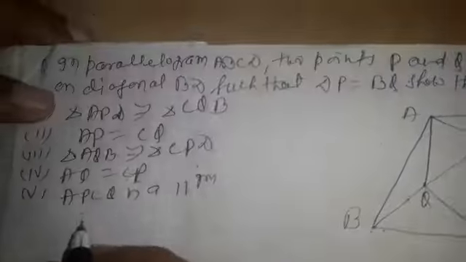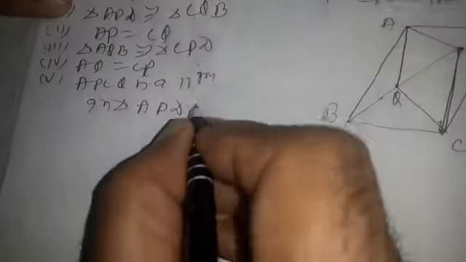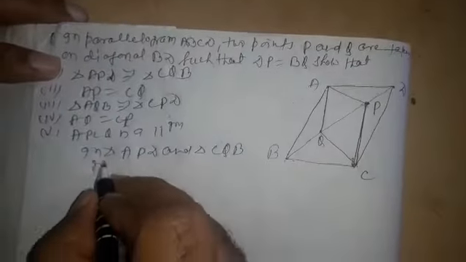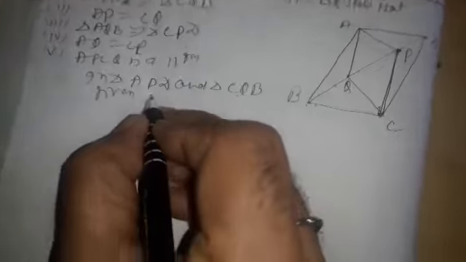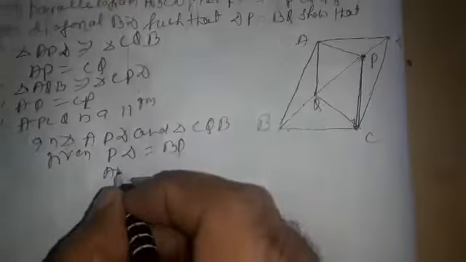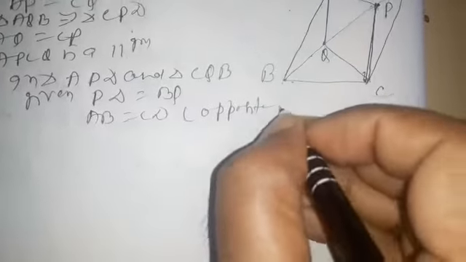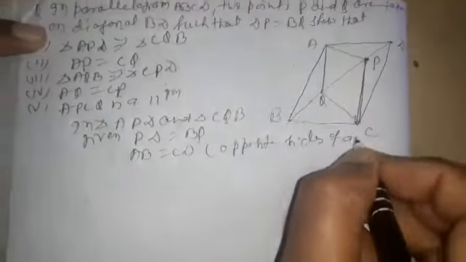So first in triangle APD and triangle CQB, given PD is equal to BQ, these two sides are given equal. AB is equal to CD, opposite sides of a parallelogram,